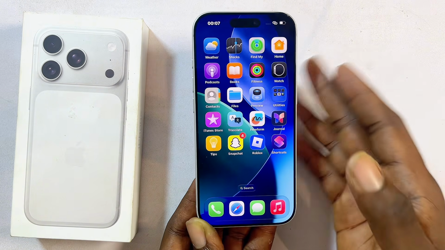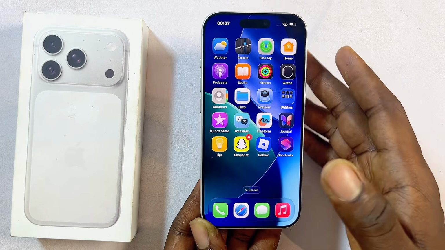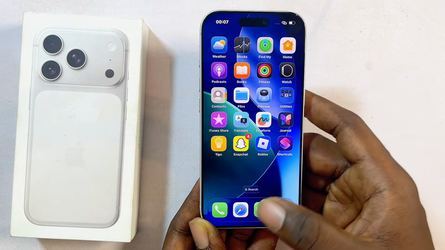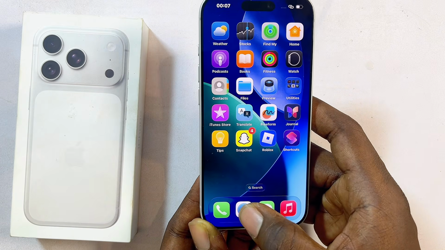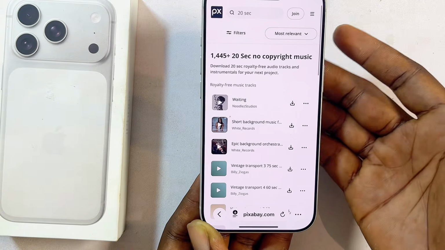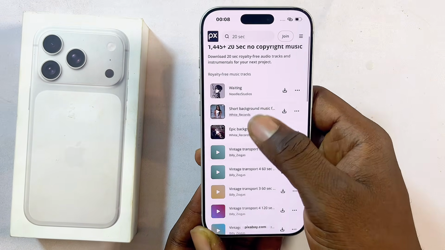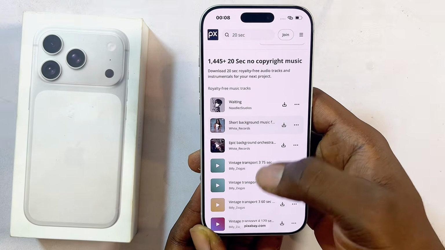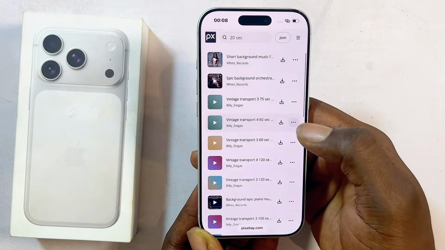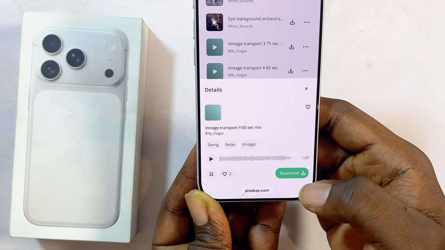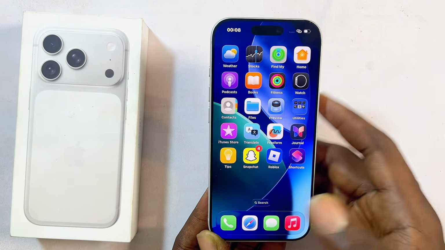But if you do not have any song downloaded, you can actually get royalty-free music directly from the internet using the Safari browser, and Pixabay is actually one of my favorite websites for things like this. These are royalty-free music. They're below 20 seconds, as you can see from over here. So you can just download them directly from here, and once you have your royalty-free music downloaded, you're good